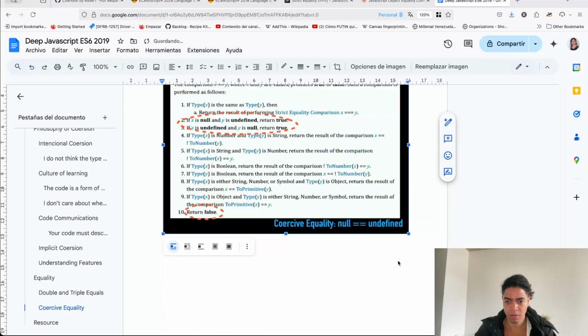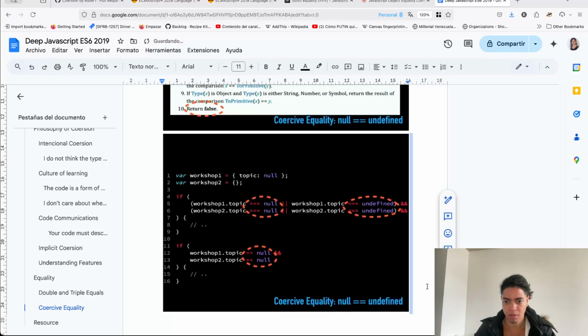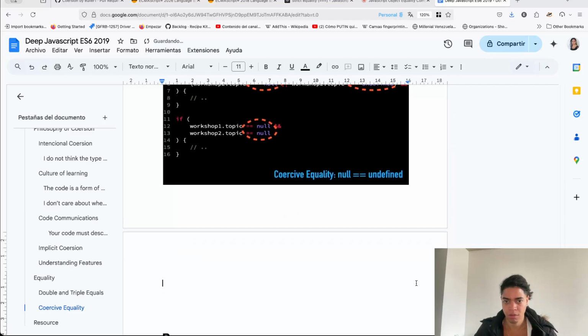So you could do a check like this. You could have a workshop 1 and a workshop 2, and there's a topic property on there. You could be asking of that topic property, if we're not talking about nulls and undefineds, but we're talking about strings, numbers, and booleans, there's a prevailing sense here from clauses 4 through 7 that essentially this algorithm prefers to do numeric coercion. Numeric comparison. You'll notice 4 different places it calls the toNumber. It says, if the type X is number, but the other one is string,